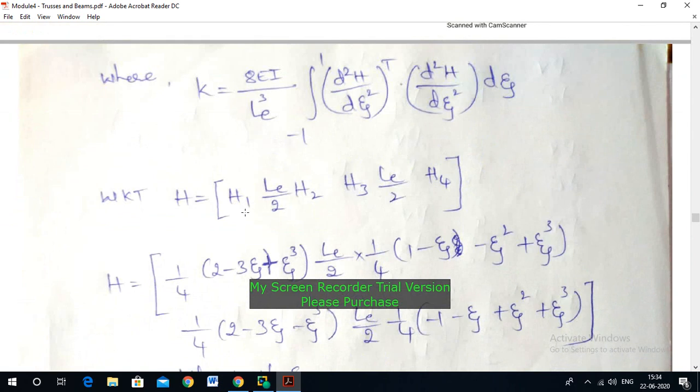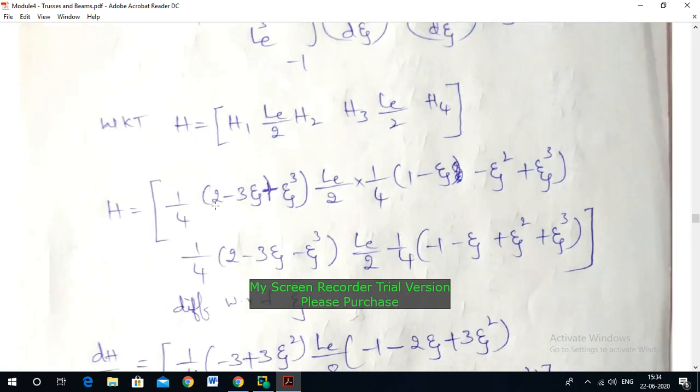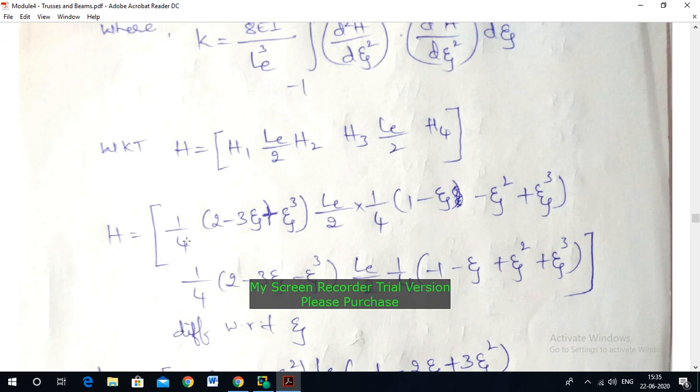Where h is h1 Le by 2 h2 and h3 is h2 h3 Le by 2 h4. We know that already, this equation. Therefore h is equal to 1 by 4. We know that h1, h2, h3, h4 are the Hermite shape functions for the beam element. Substitute h1, h2, h3, h4